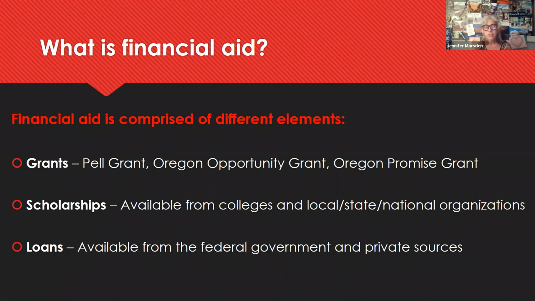Most students and parents don't think of loans as also included in financial aid. So they are. And so when you hear a college say that 98% of their students receive financial aid, what that means to most families is they're thinking, wow, that school is giving 98% of their students grants and scholarships. When in reality, maybe 50% are getting grants and scholarships, and the other financial aid students are getting